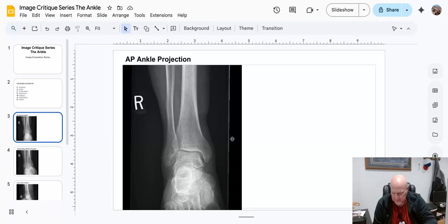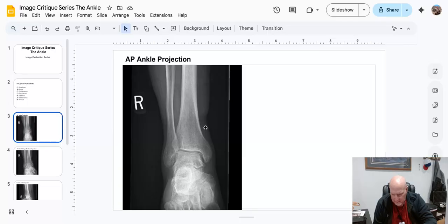Collimation speaking, we've collimated really well, actually. And like I said before, we could maybe not see as much tib fib, but not the end of the world. I would never redo this image. It's actually collimated pretty nicely. Laterally and medially, it's perfect. We can see a collimation line right here and a collimation line right here. It's really nice. Exposure,